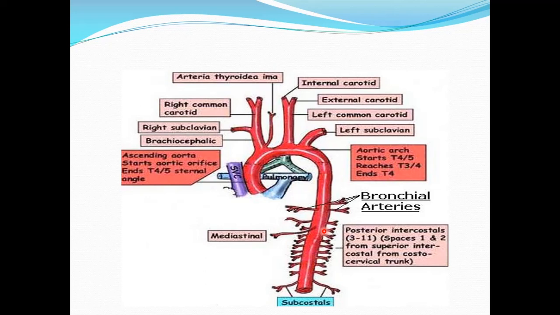They carry the oxygenated, nutrient-rich blood to the lung parenchyma. The blood flow through the bronchial arteries is about 2% of the cardiac output. The purpose of this blood is to take the oxygen-rich blood to the lung tissue. Now, bronchial veins carry the deoxygenated blood into the pulmonary veins, and these pulmonary veins then go to the left side of the heart as we just discussed.